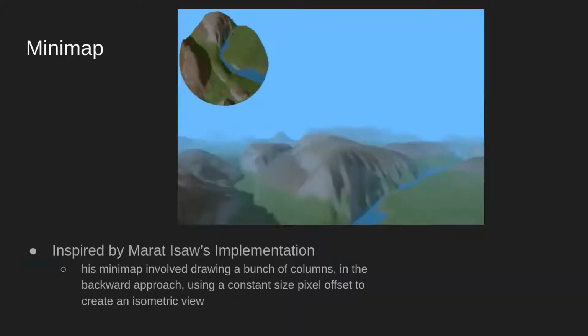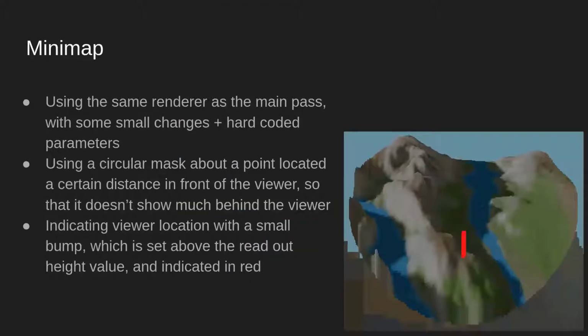So this Marat Esau, I think, this is the implementation that I saw, and it's what got me excited about it. I really like this guy's minimap. A couple things about it. It's done on the CPU, and it's done back to front as an isometric scheme. So it's not the direction that I was trying to go, but I ended up replicating something similar using the forward approach,